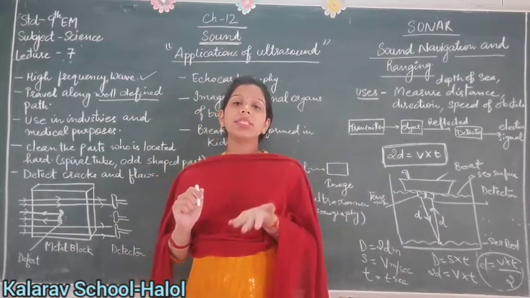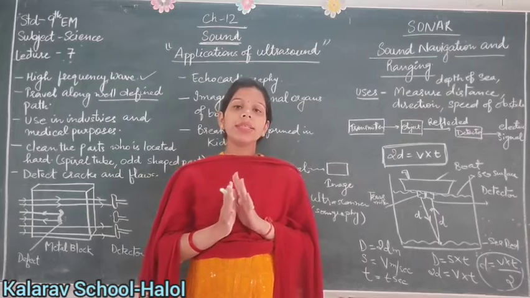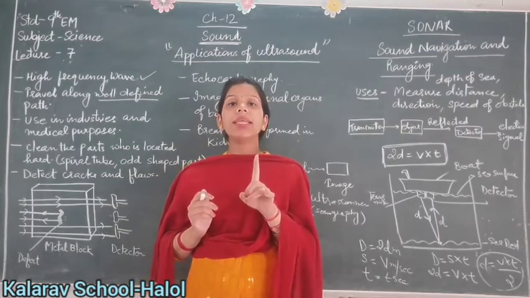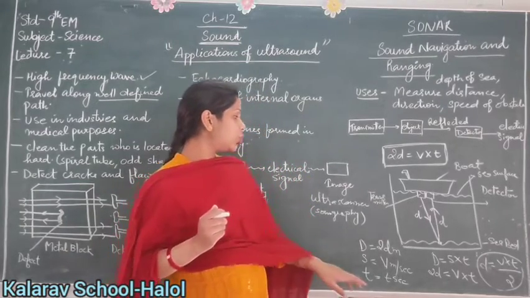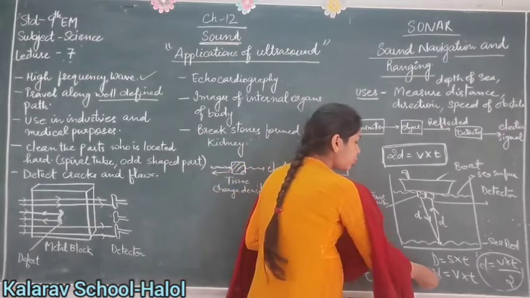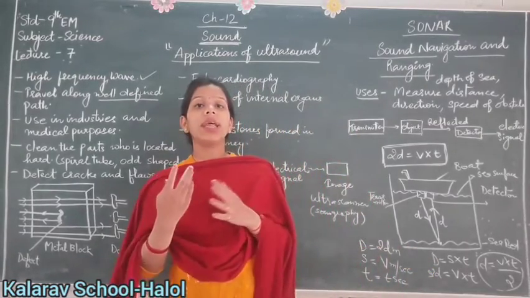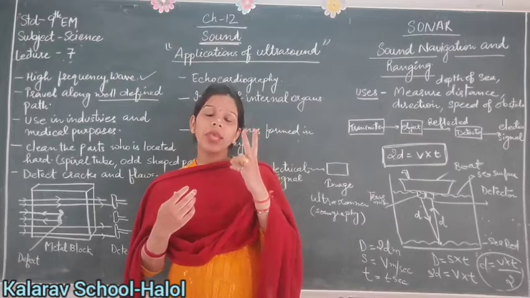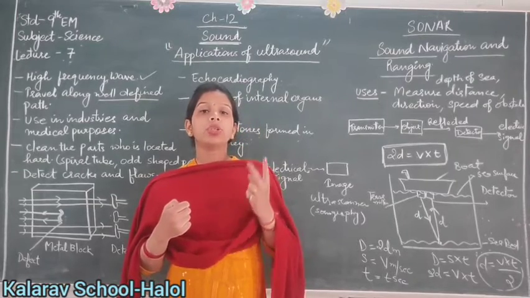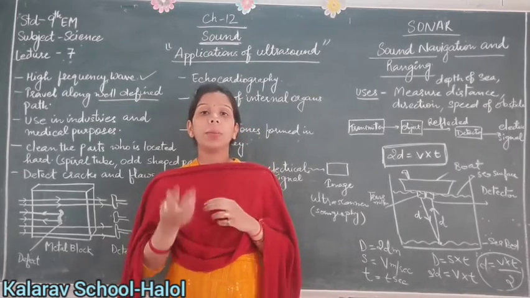It is as simple as that. You just find the distance. But one thing should be kept in mind: you should use the factor 2, because the distance traveled by the waves must be two times. That's why the distance is double.